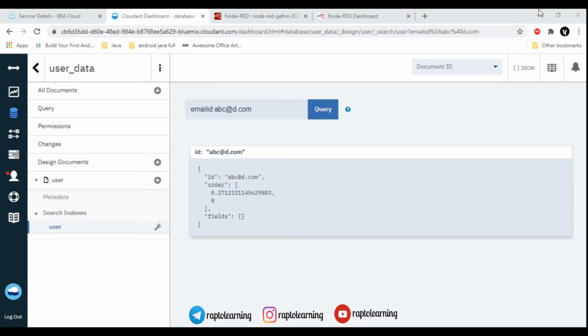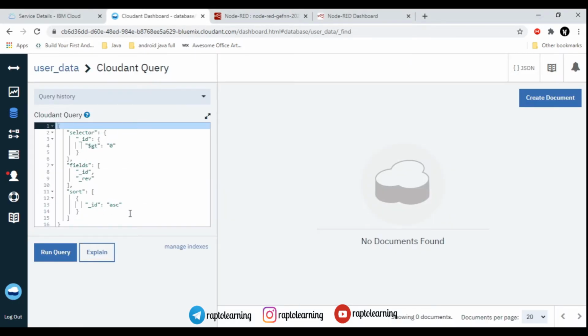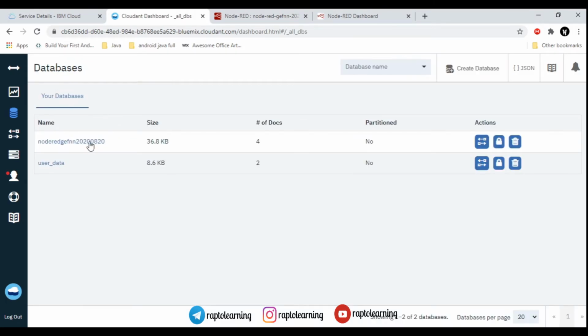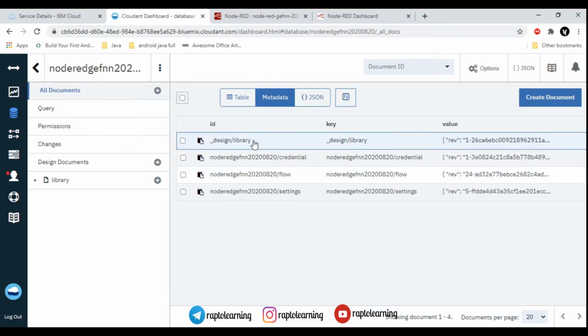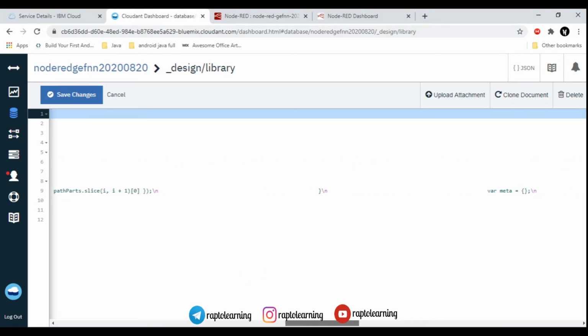As you can see, my field is still empty. That means I made some mistake in typing the code. I intentionally showed you this mistake of mine, because when you create the whole project, it may impact your whole project. This is how your query looks, and you have to make sure that the code you have written is correct. So we will go again to our database, and this is where the design library is. This is where your query is stored.